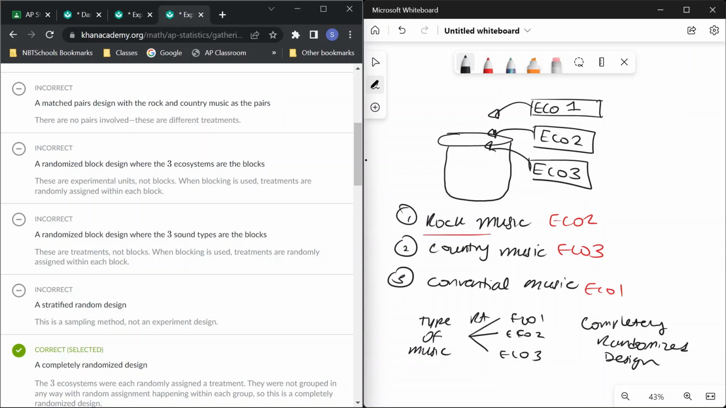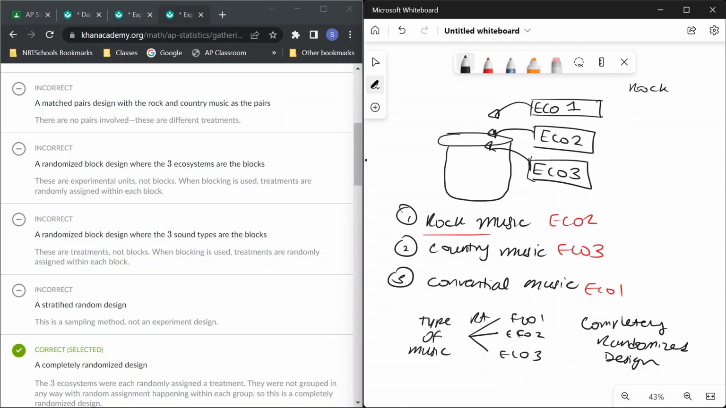So these are experimental units. Quick note: experimental units, basically what you're testing conditions on, cannot be your blocks. And when blocking is used, treatments are randomly assigned within each single block. So instead of doing that, it would have just been like,